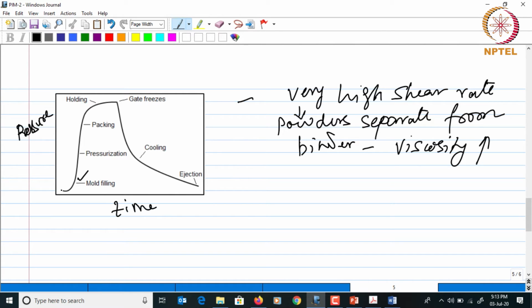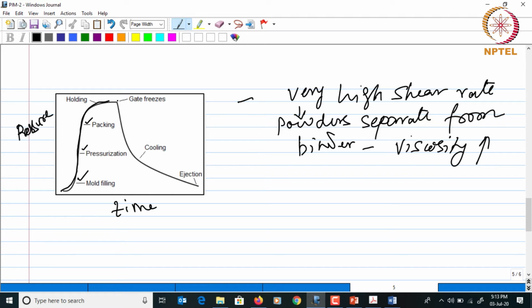And then, as you would have seen in the PIM cycle, after mold filling there is pressurization, and then packing happens, and the pressure has to be held when it reaches high pressure to ensure that the mold filling happens properly. So this pressure hold compensates for the contraction and ensures that defect-free components will form at the end of